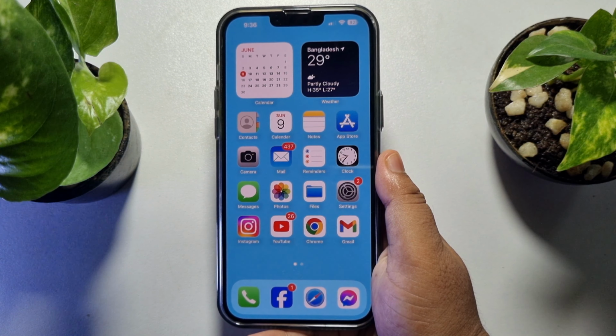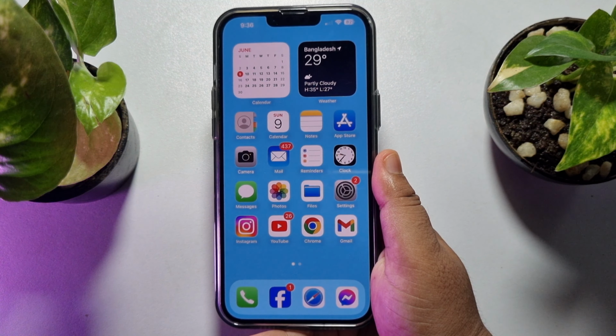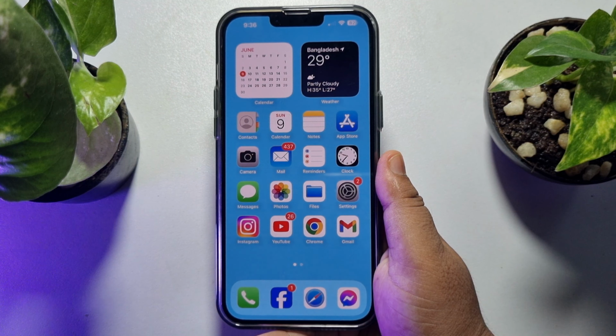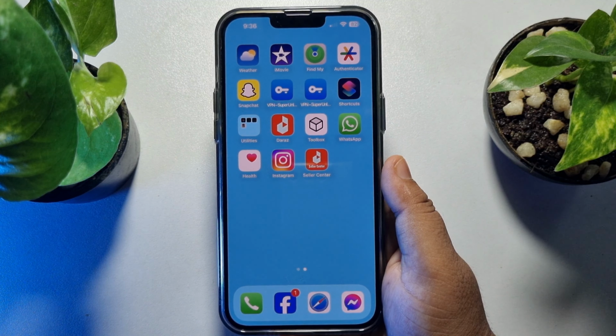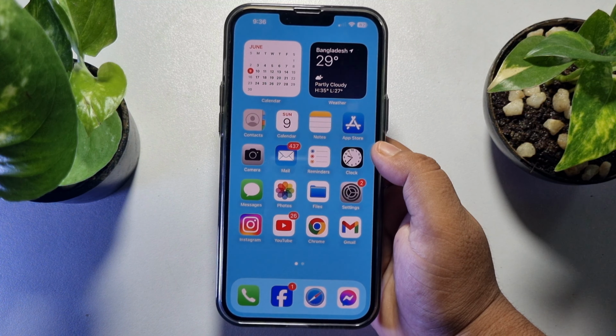Right now I'll show you how you can easily merge or edit video professionally using your iPhone. First of all, you have to install the iMovie app on your iPhone. So if you don't have iMovie, then go to the App Store